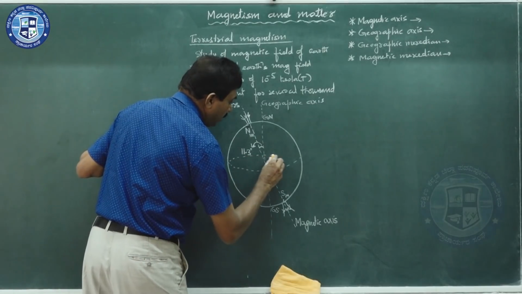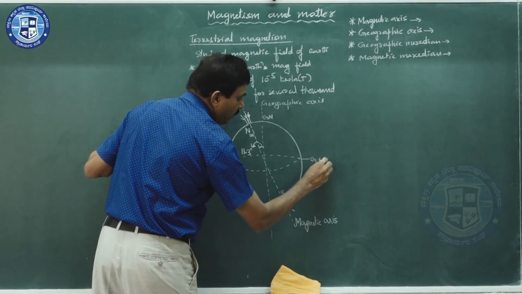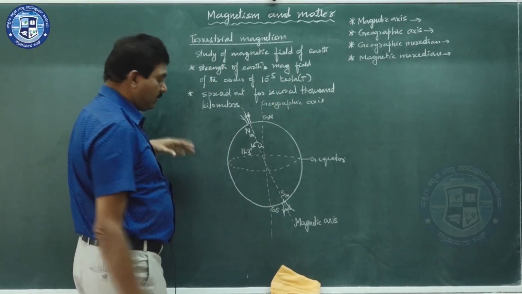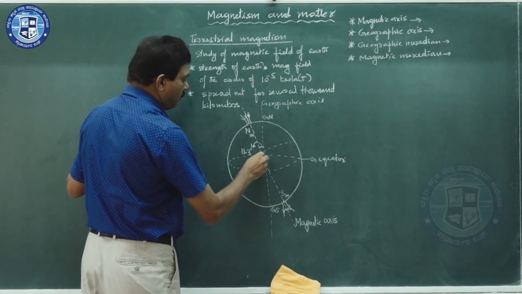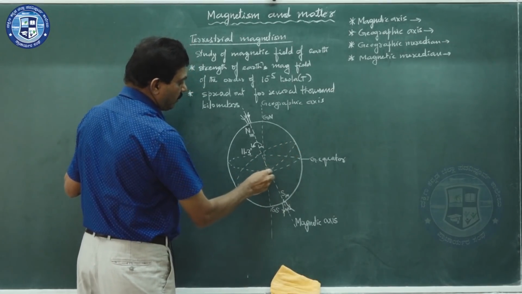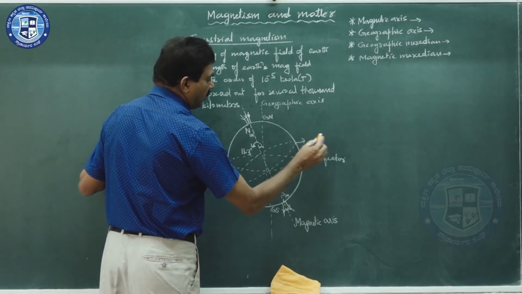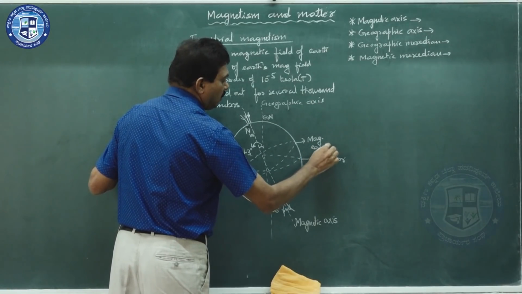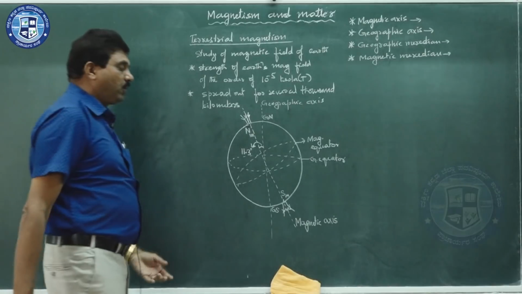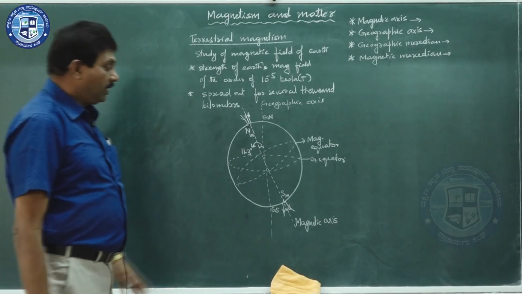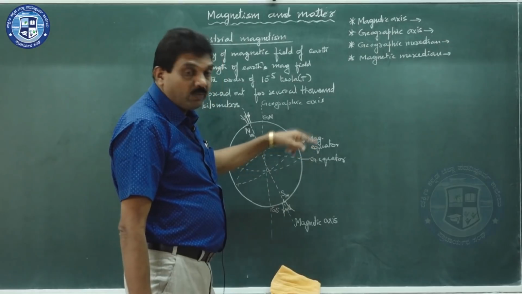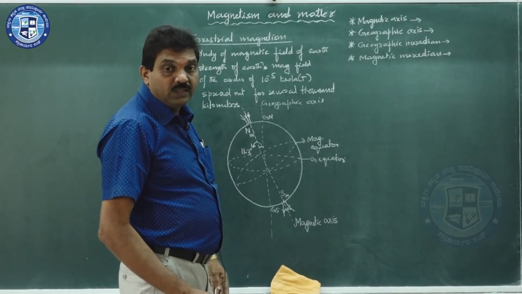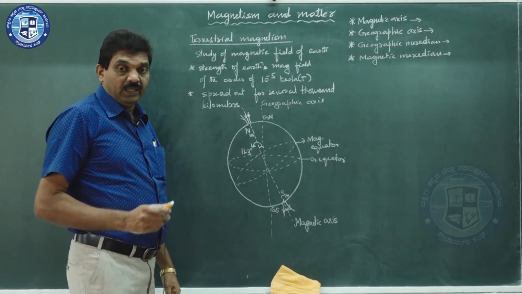the Earth's equator. This is called geographic equator. Geographic equator is perpendicular to geographic axis. Now, we have to imagine magnetic equator. This is magnetic equator. Look at these two planes, geographic equator and magnetic equator. There is a small angle between these two equators also. Okay. Now,